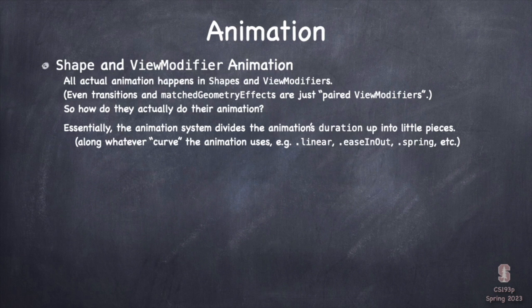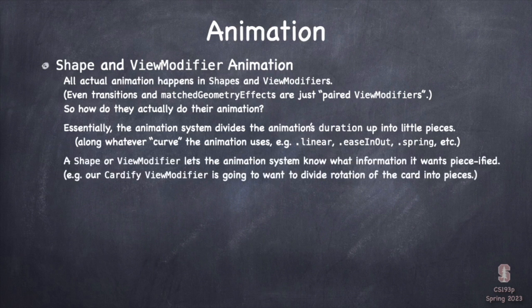All the way across. And, you know, of course, the animation system takes care of whether it's ease in, ease out, linear, duration. It does all that. It's asking the view modifiers, okay, what do you look like now? What do you look like now? Over and over and over. And that's it. And that's really all a view modifier has to do to work, is to listen to the animation system, draw the piece it's supposed to draw, and the animation system will take care of the rest.